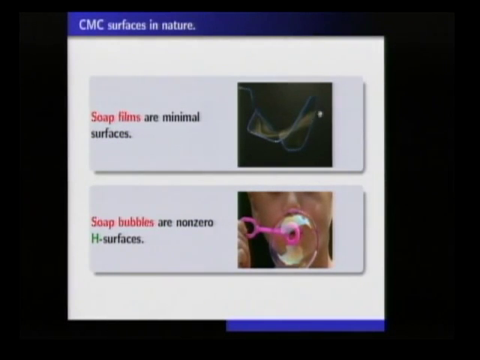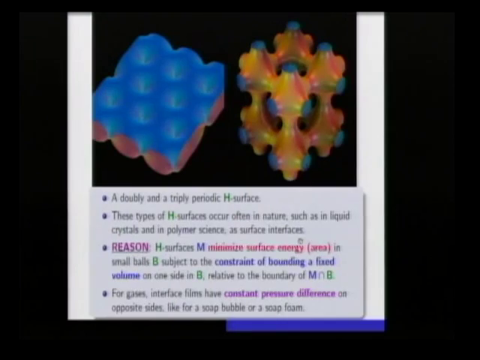Okay, so we have these two contrasts: soap film, soap bubble. So you could think of making other soap bubbles. If this was not a round circle here, suppose it got bent, it got melted a little bit in the heat. When you blew a soap bubble, it would no longer be a sphere, but it would still be constant mean curvature. It would still be local area minimizing with respect to some volume constraint. So that's what we call these.